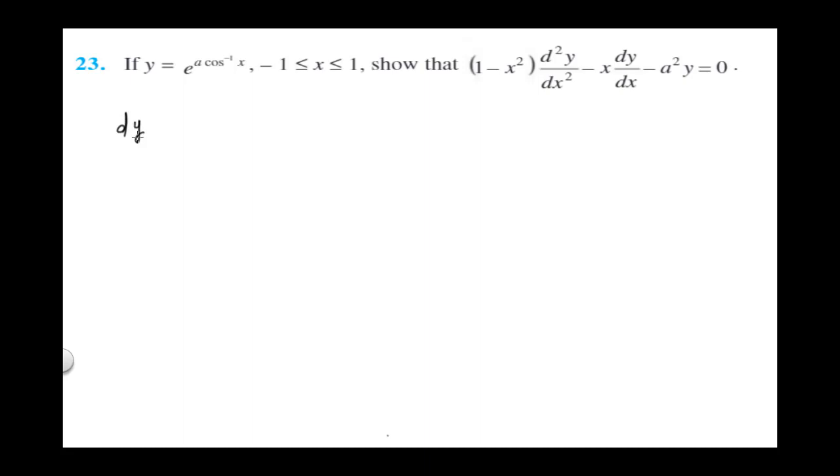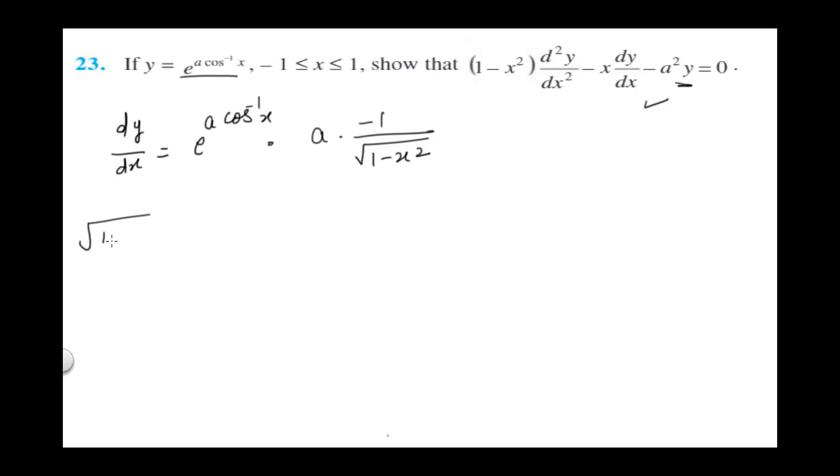So let us differentiate it first. dy by dx equals, now you know it is e to the power a cos inverse x. So it will remain the same, but in the answer do we have that? So let us just differentiate, because we have y in the expression and this is equal to y. So e to the power anything will remain the same, a cos inverse x. Then you will do for a cos inverse x, where a will remain as it is, and cos inverse x, the differentiation will be minus 1 upon under root 1 minus x square. Let us multiply both the sides with under root 1 minus x square. We will get under root 1 minus x square dy by dx equals a into e to the power a cos inverse x.